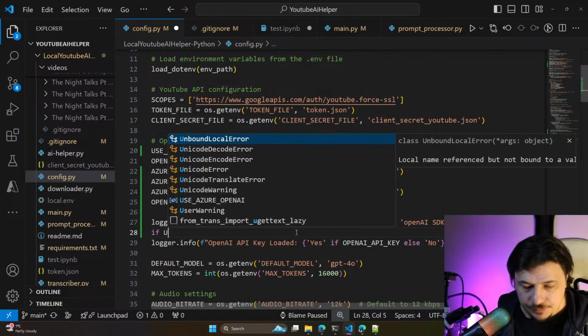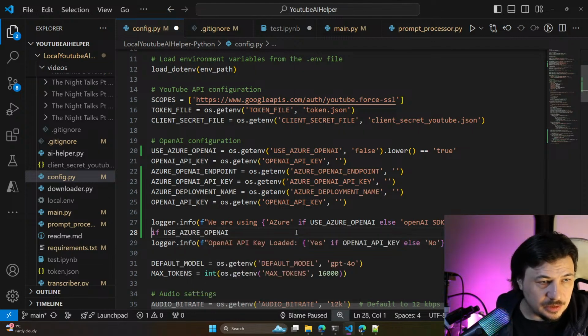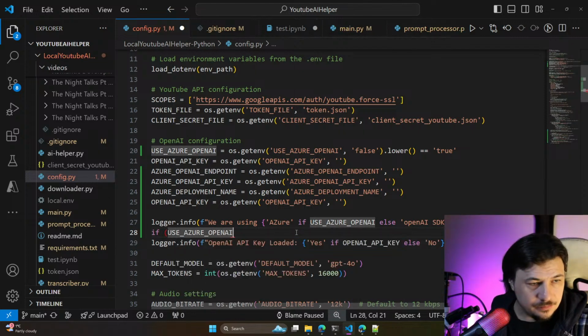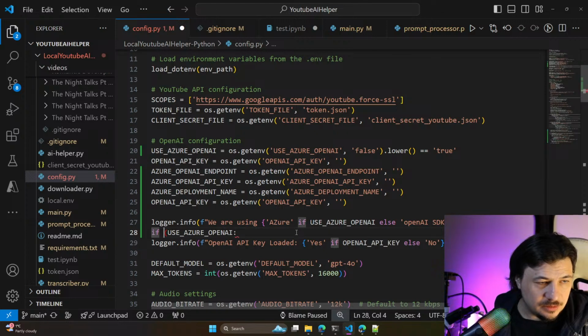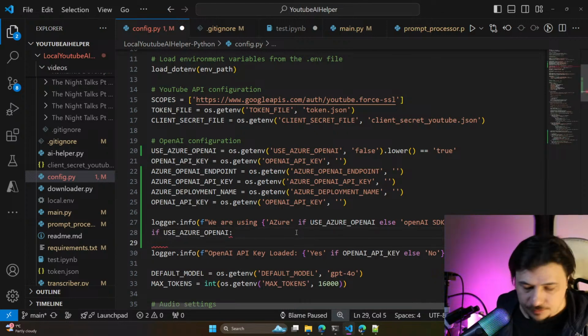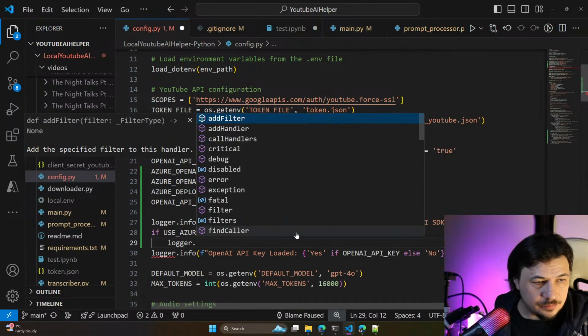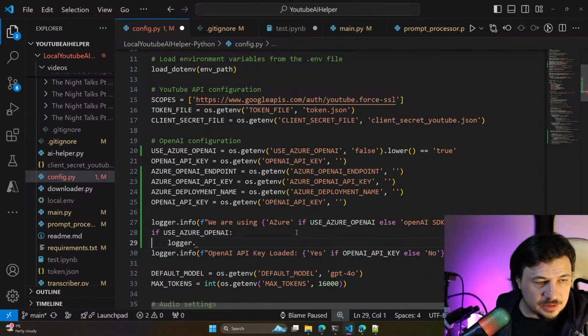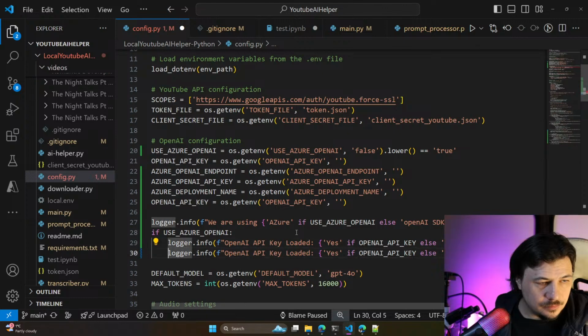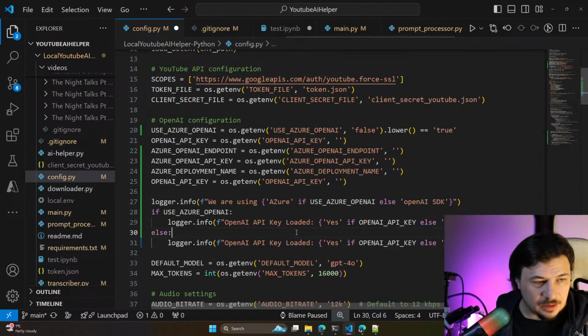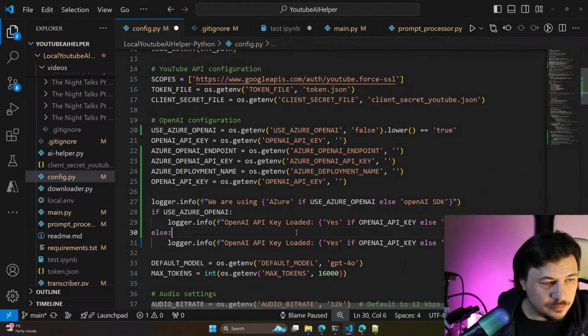If use Azure OpenAI. Oh, we don't need that parenthesis. Logger. Let's just copy that, and it will be else. Yeah, it's proper syntax.